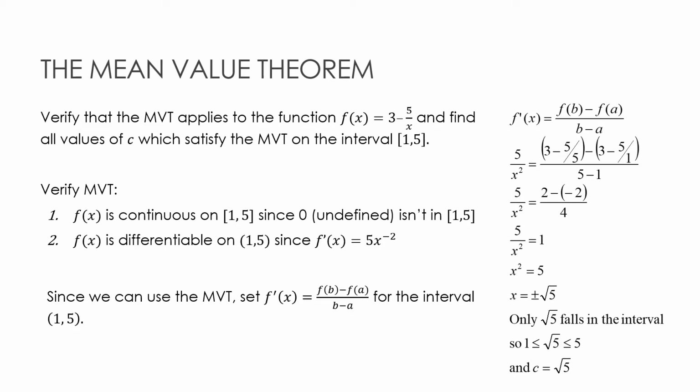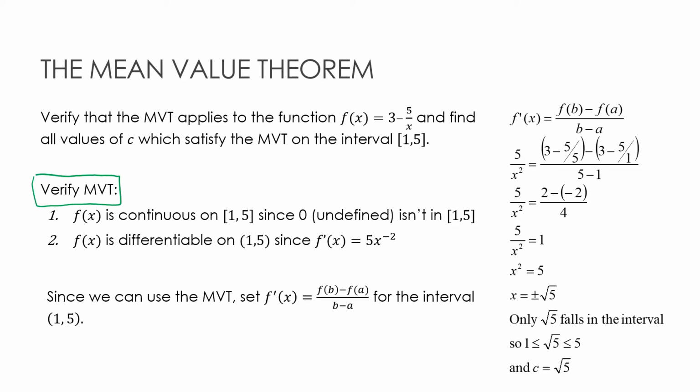So let's take a look at a mean value theorem application. We're going to verify that the mean value theorem applies to our function f of x equals 3 minus 5 over x, and then find all of the values of c which satisfy the MVT on the interval from 1 to 5. Now, just like we did with Rolle's theorem, we have to verify that we can even use the